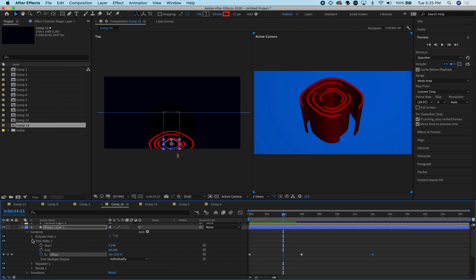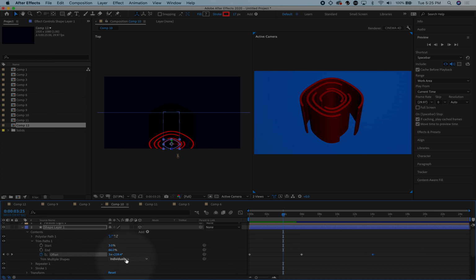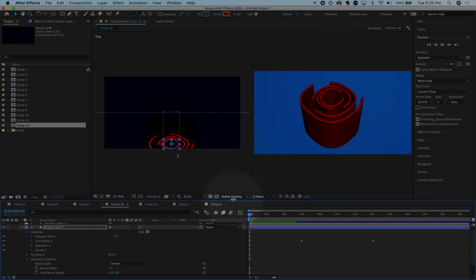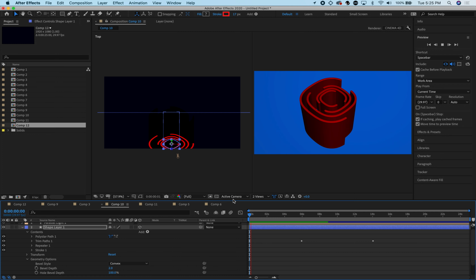kind of square. I have a trim paths that's based off an offset. Then you can see down here I have the trim multiple shapes are individual, so they're all functioning individually. Then I have a repeater with 5 copies, so it's just one element repeated 5 times through a repeater. And then I have the sequence animated. So that's another example of something that you can do with extruding shape layers in